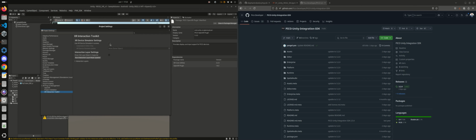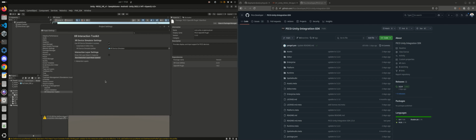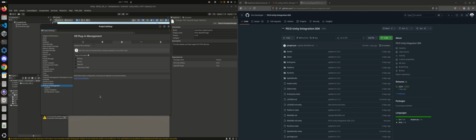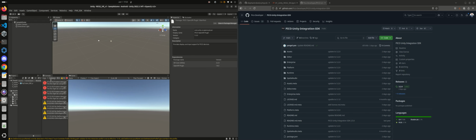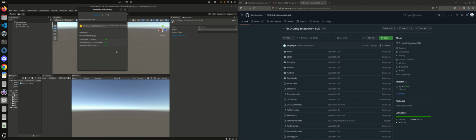If maybe we don't have the headset, it's possible to activate the simulation in the simulator in the scene. We click and it's done. In this case, we activate it, and when we hit play, the simulator starts to run if we don't have the headset. Okay, so now click clear, and that's okay. We have a new menu, in this case the SDK. We have an access token if we want to publish our app. Platform settings, apply,